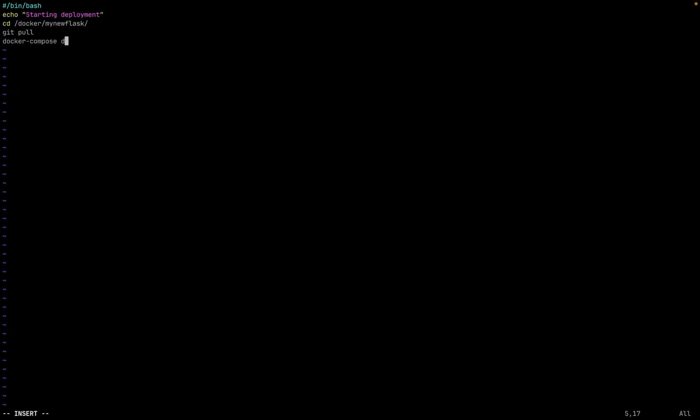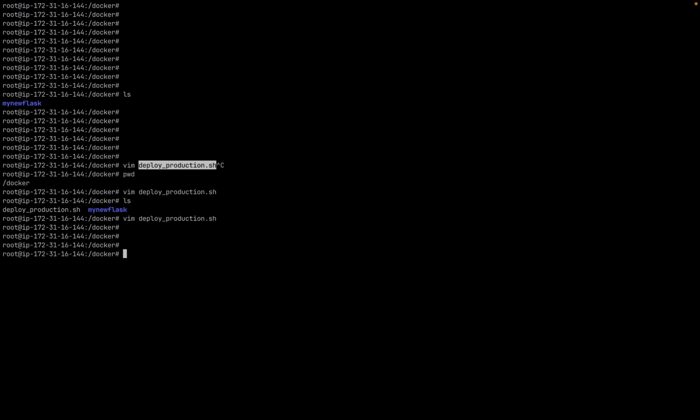docker compose down, and docker compose up --build, and then deployment complete. Make this script executable, and so